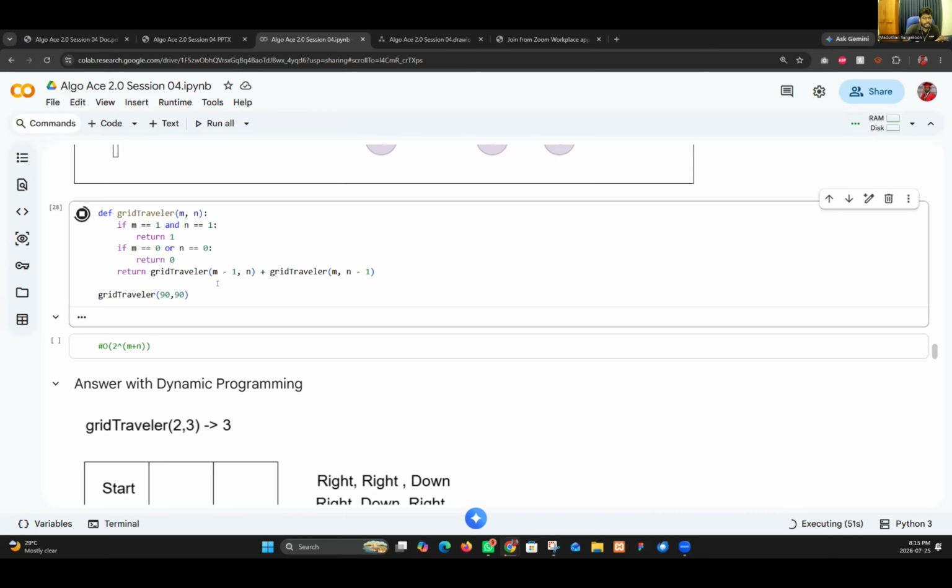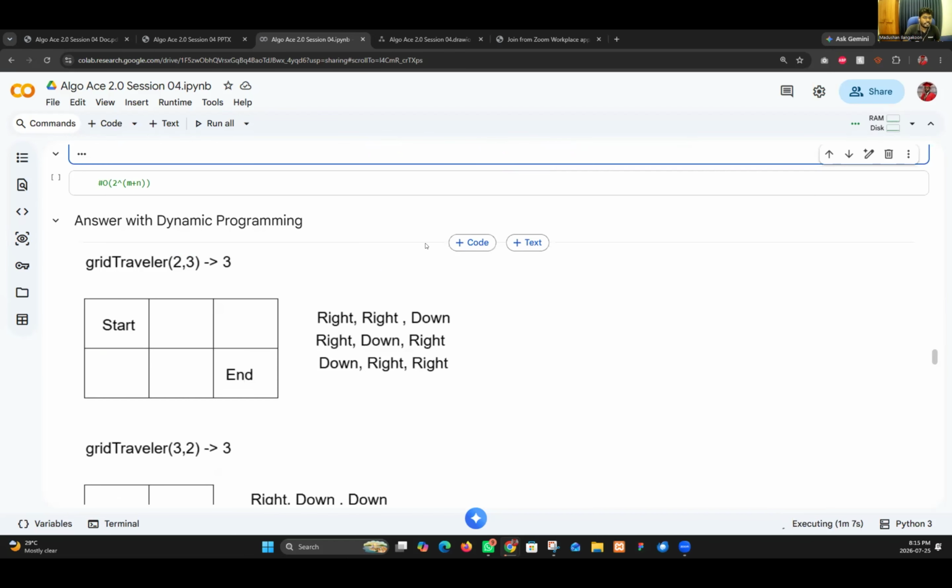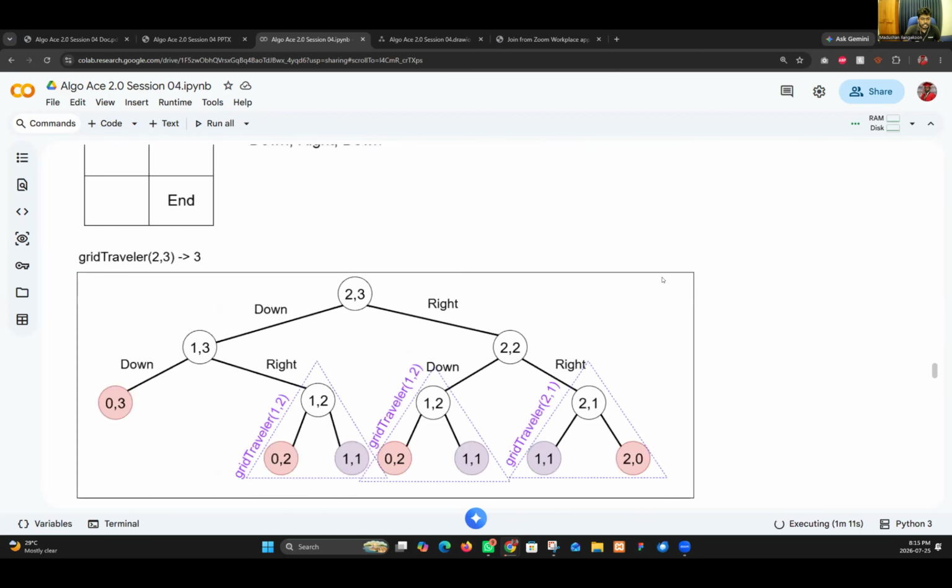So what happened? This is right. The code is 100% right. But you need to think in a different way. You need to approach this a different way. Okay. So we need to find the answer with dynamic programming.